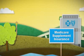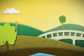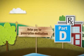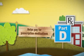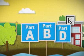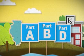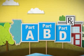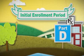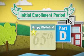As good as original Medicare is, it doesn't cover everything, including most prescription medications. With drug costs continuing to rise, Medicare Part D will help you pay for your prescription medications. To be eligible for Part D benefits, you must be entitled to Medicare Part A or enrolled in Medicare Part B. You also have to reside in your Part D carrier's service area and enroll during an available enrollment period. One of those enrollment periods is the initial enrollment period, when you turn 65 or first become eligible for Medicare. If you do not enroll during this enrollment period when you're first